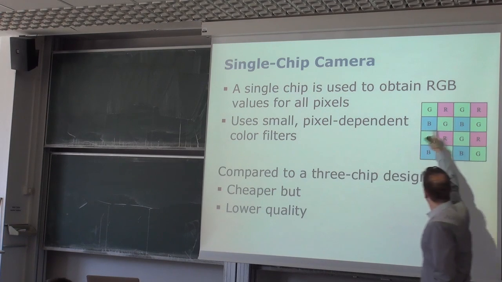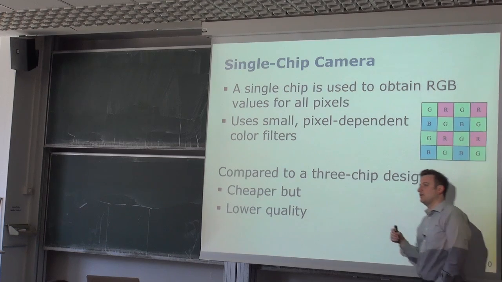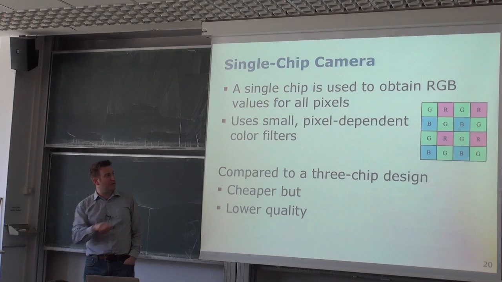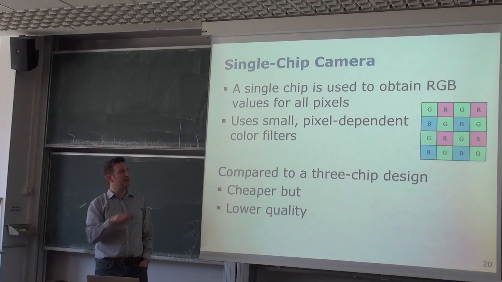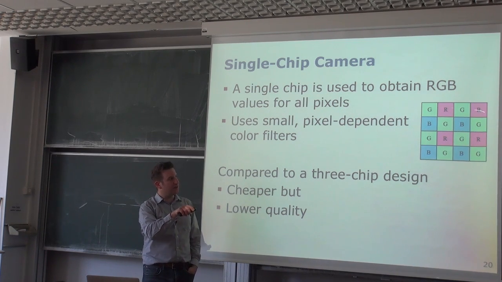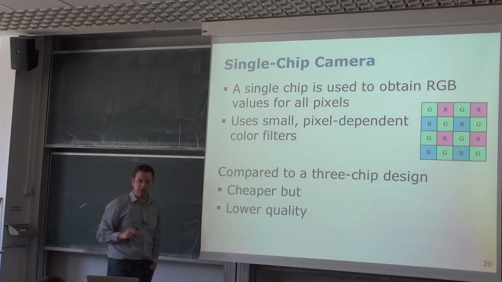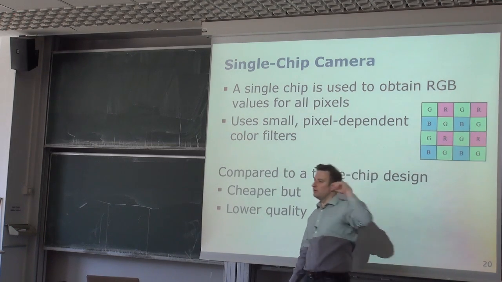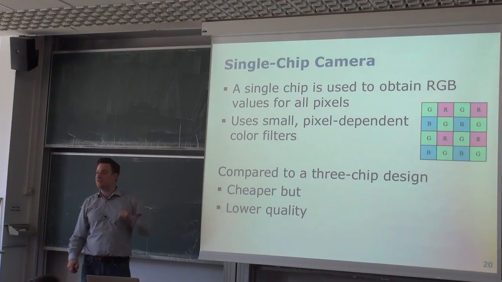So we take our sensor grid and make a small filter on top of the individual elements. So actually the solution which was mentioned here before. So this is a filter, so only green light reaches this sensor cell. Only red reaches this one, blue this one, green this one, and so on and so forth. So we have small filters on top of the individual sensor elements so that only photons which correspond to this window of red, green, and blue reach those